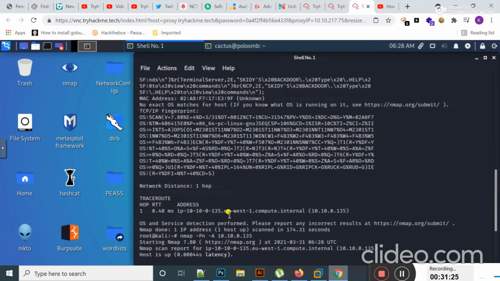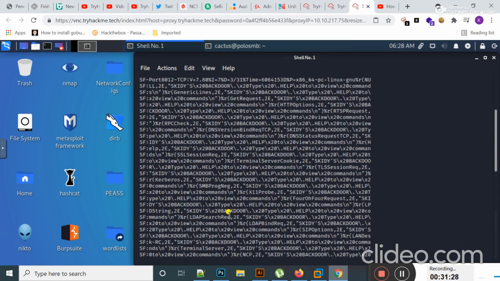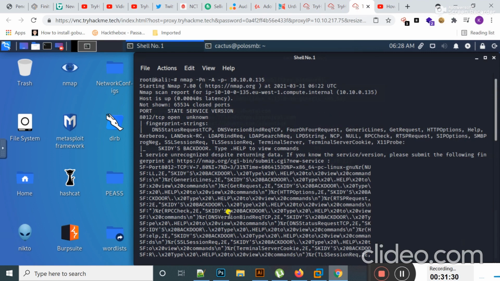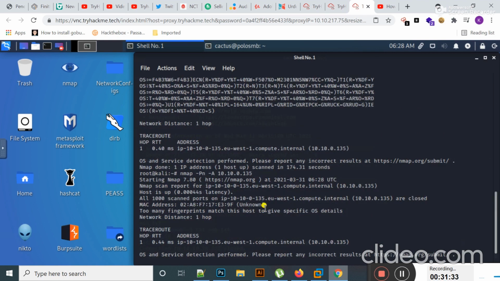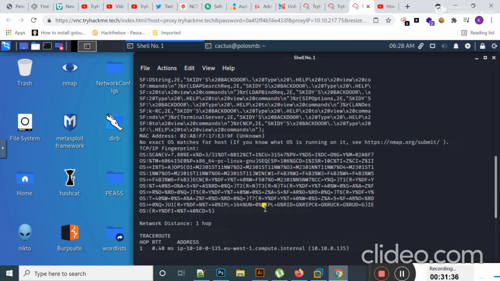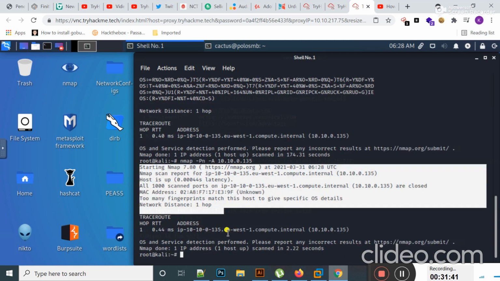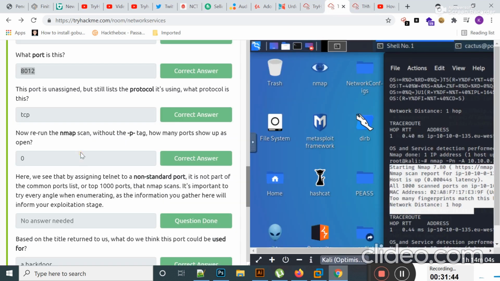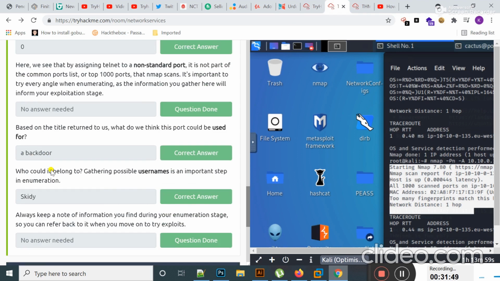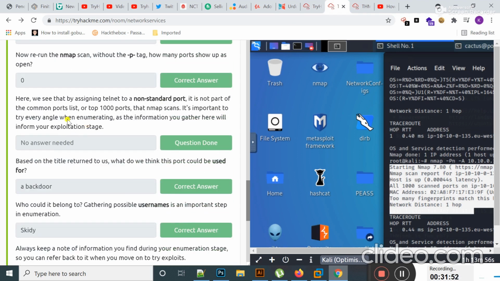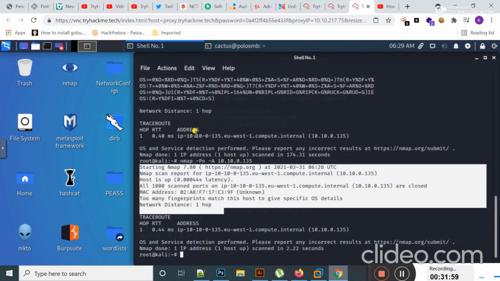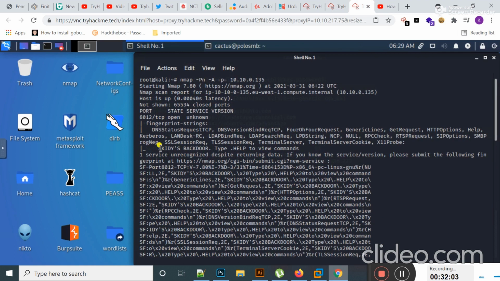I'm going to clear my screen first, and now I typed here nmap, and then the -Pn switch, and then -A, and then -p- to scan all ports, and the target IP address is 10.10.0.135.